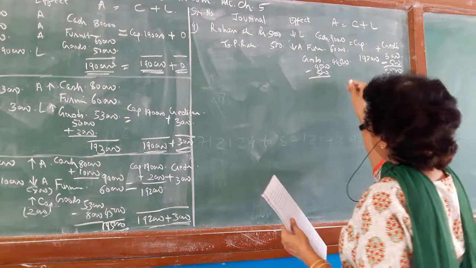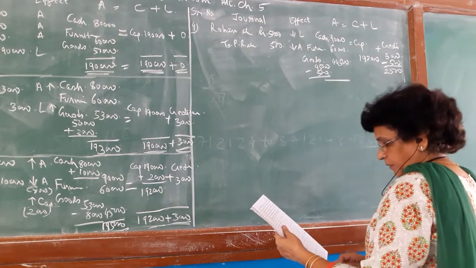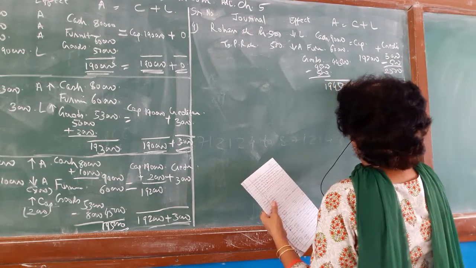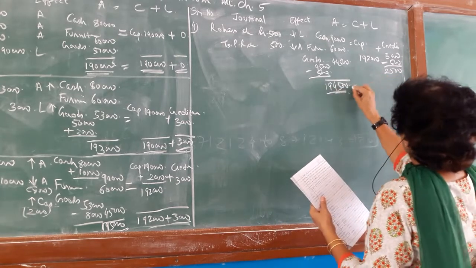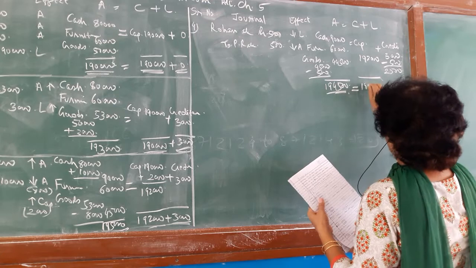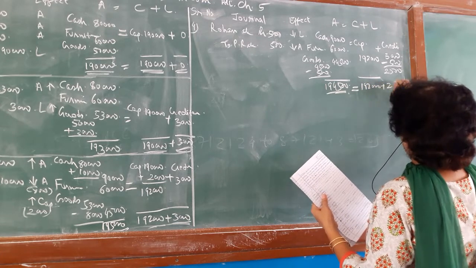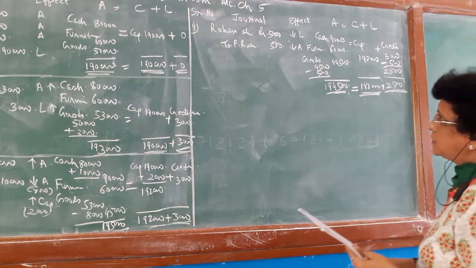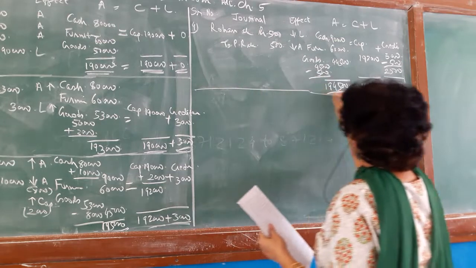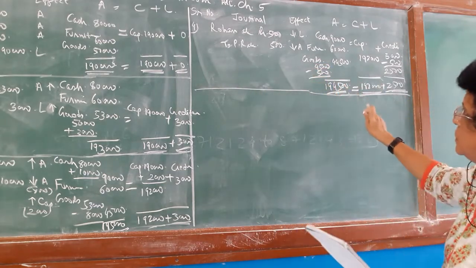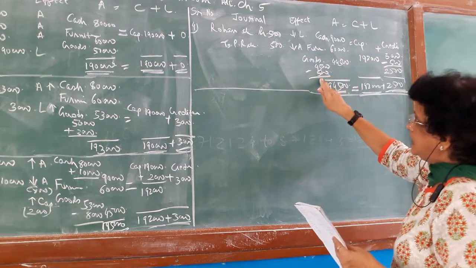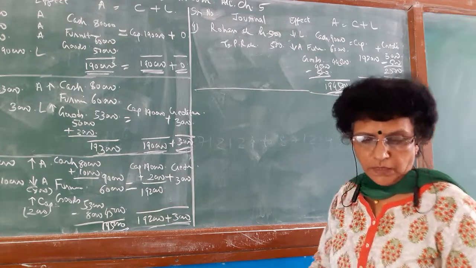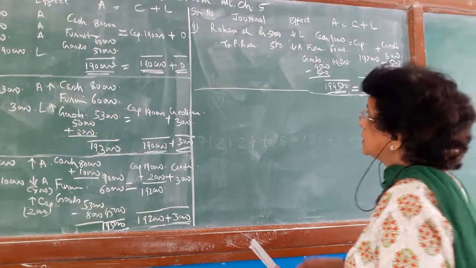Now let us check the total of the asset side, what you are getting: 1,94,500. And this side is equal to 1,92,000 plus 2,500, which is also 1,94,500. So in this manner our accounting equation has to tally. So the effect of this return is a reduction in liability and a reduction in asset. Clear? The next transaction is number 5.